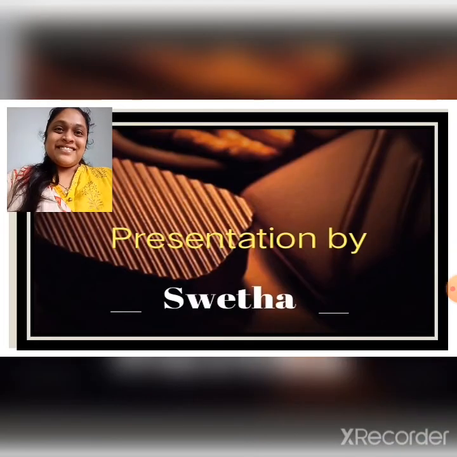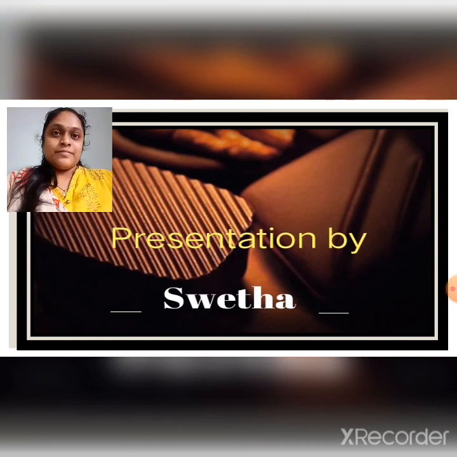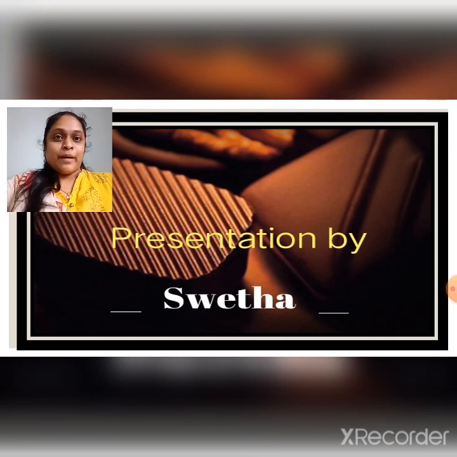I hope everyone understood the major concept of maps and why we should prefer using maps. I'm recapitulating the things we have discussed. Four main things we have discussed. First, why we should prefer using a map instead of a globe. Second, what a map is and what the different types of maps are. Third, what an atlas is. And the last one, the elements of a map. What are the main elements of a map?